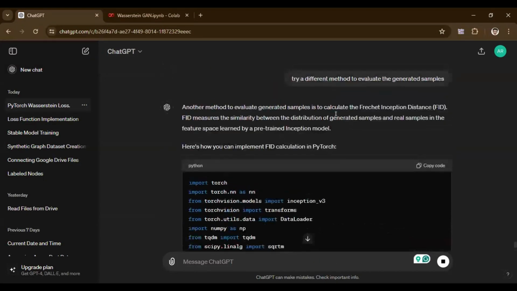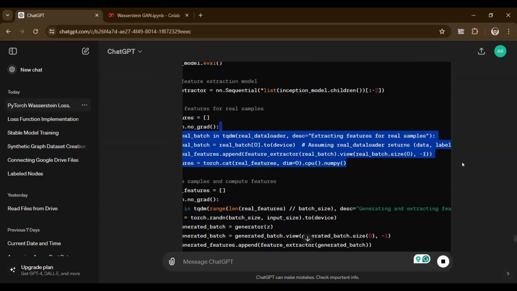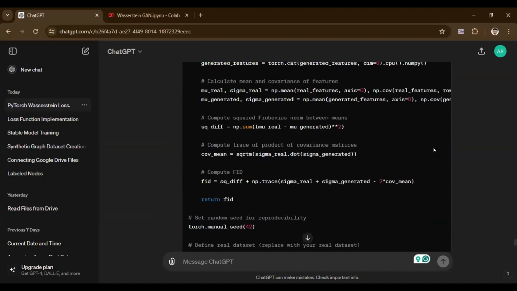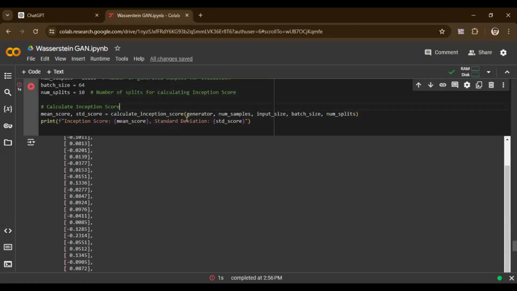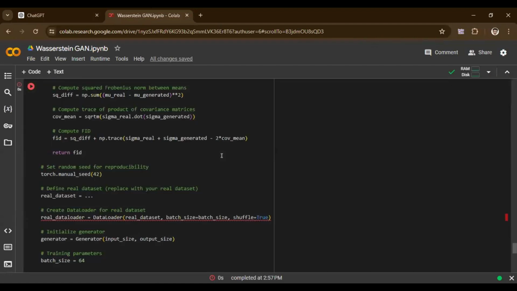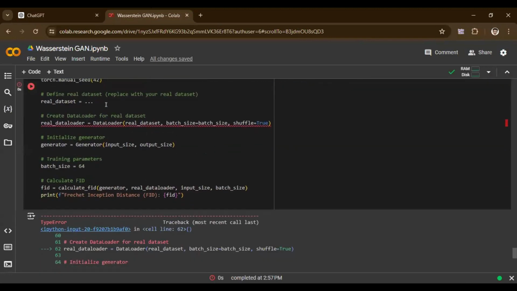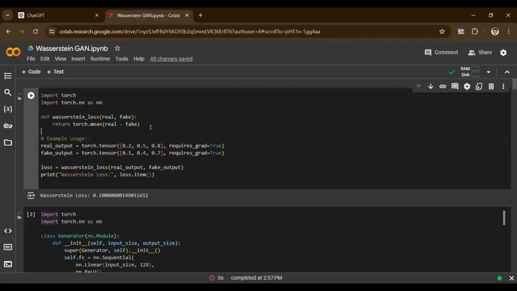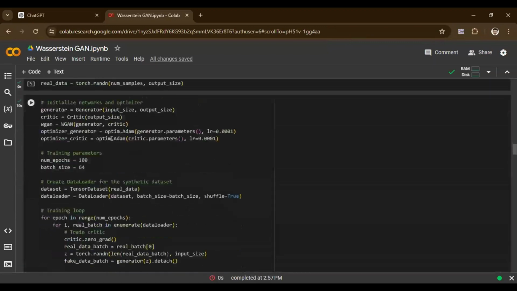Maybe it will work. Oh, this one is using the Fréchet inception distance, or FID. Let's also hope this one works. There might need to be some debugging for this, but let's try. Still also error. The object has no len. Oh, the real dataset. The real dataset is from the real. Where did it